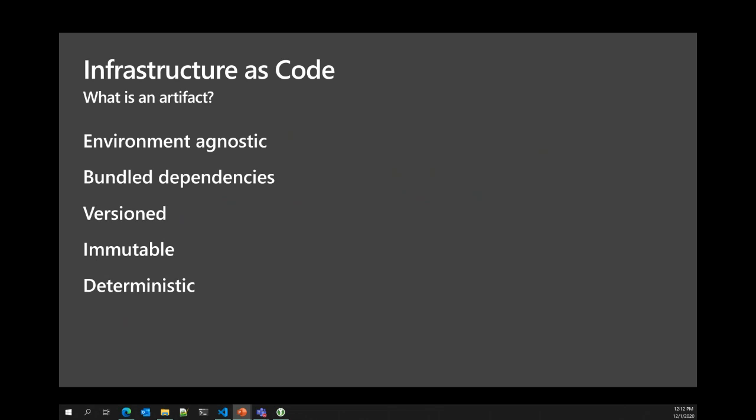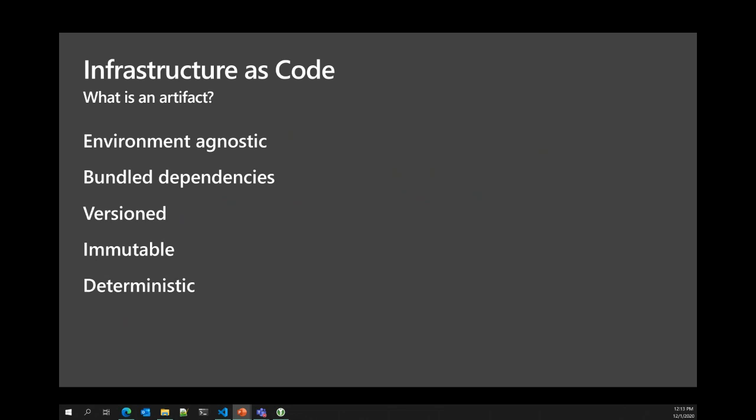So in that scenario, that's an example of how we have a generic definition being combined with an environment-specific configuration value during the deployment phase. And the outcome is that because it's generic, we're exercising that same code in both our development environment when we deploy into dev as when we deploy into production. So we should have confidence that if it worked in dev, it will also work in production. So that's the environment agnostic aspect.